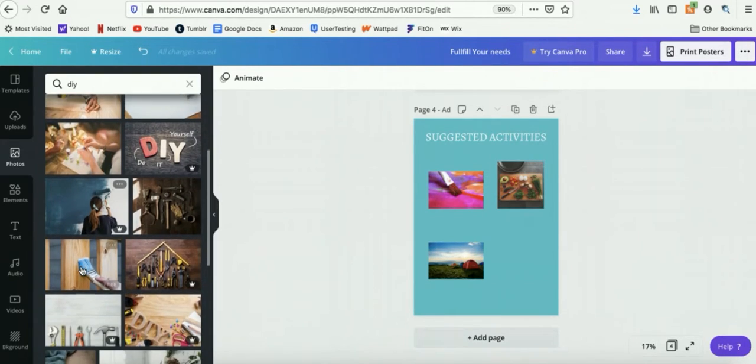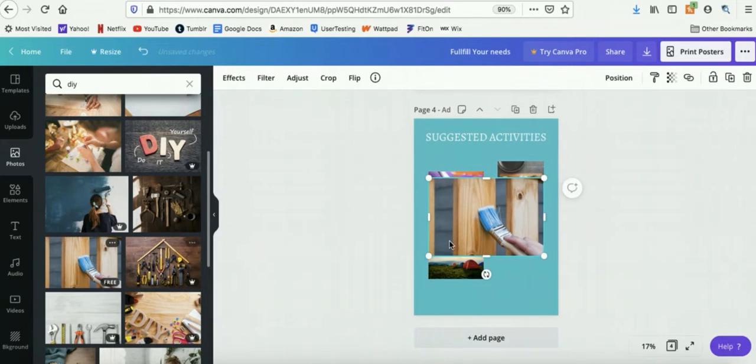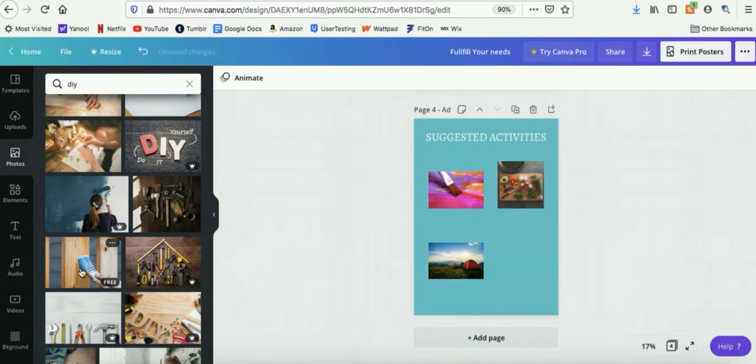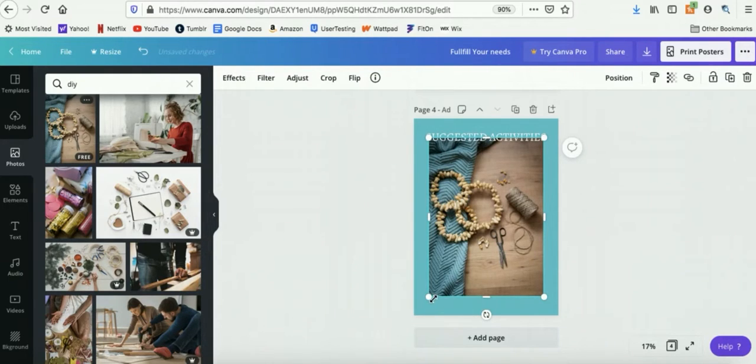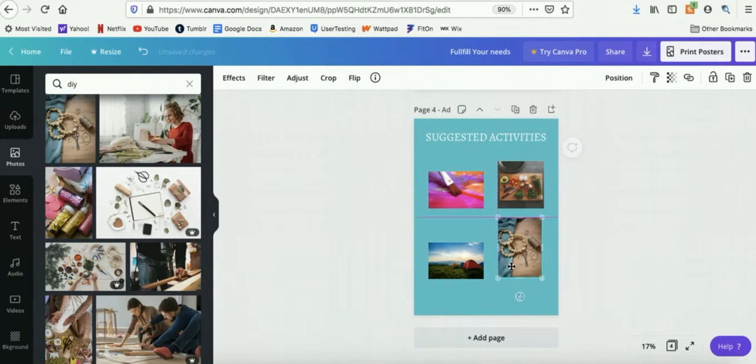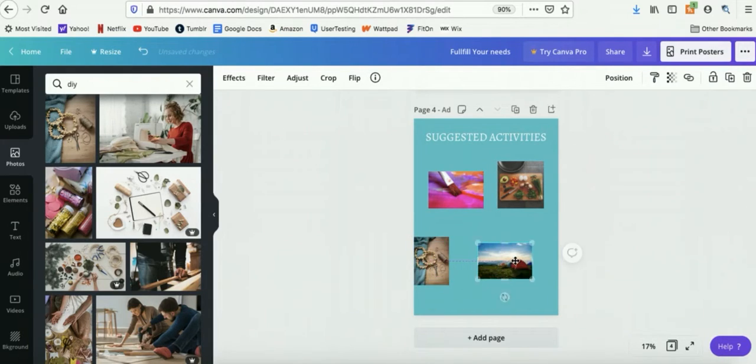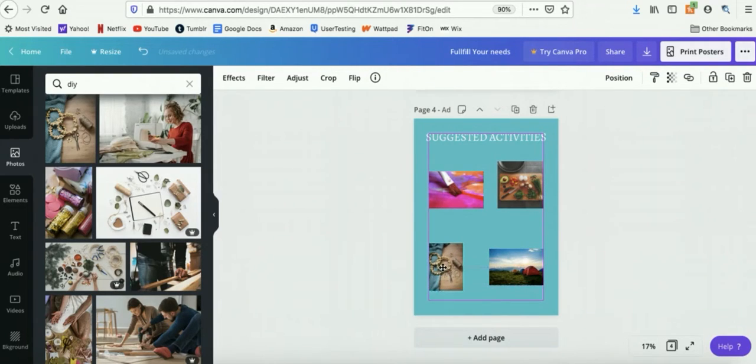And then you could also click and add it to your calendar. So that's what it would look like for your activity thing. You'd be like, oh, I want to paint, and then click on that.